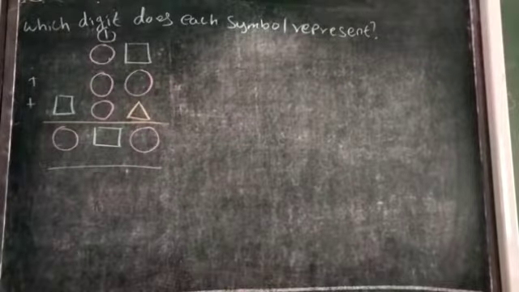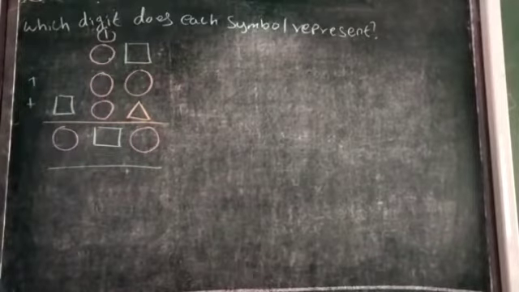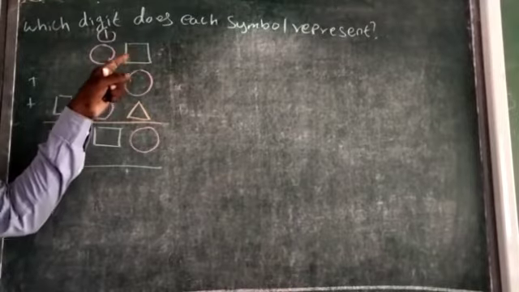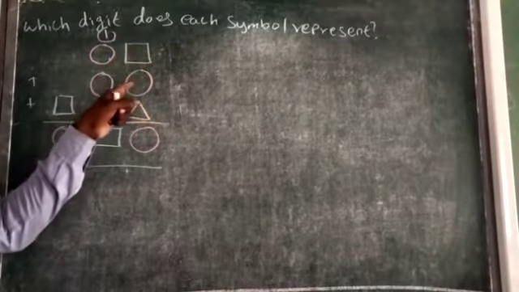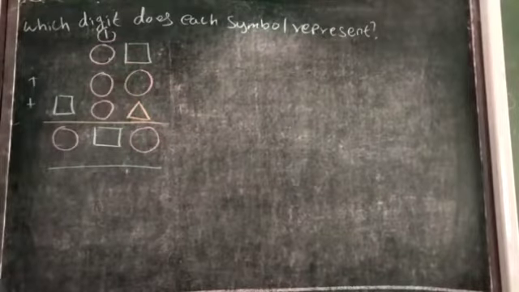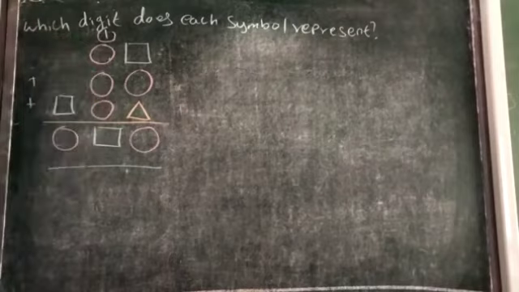So now, given the shapes, we are asked to find the digit each shape stands for. Which digit does the circle stand for? Which digit does the square stand for? The circle and the triangle, each shape stands for some other digit. They asked what is the value of square, circle and triangle.